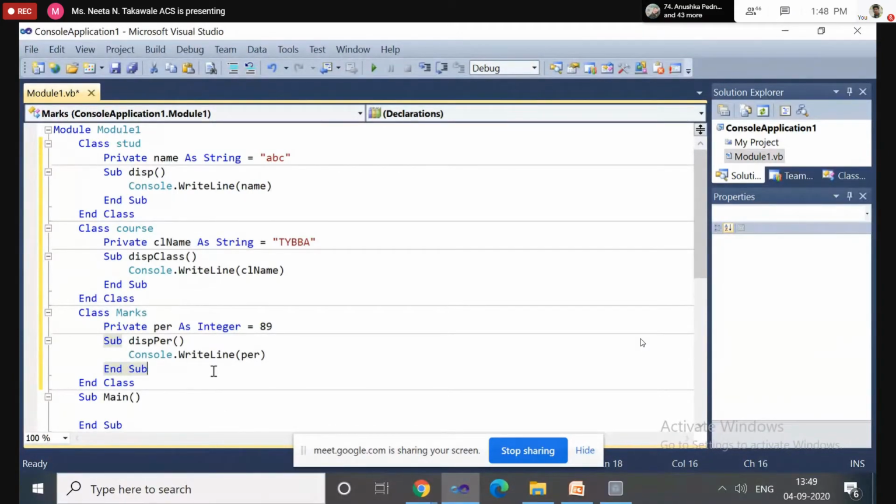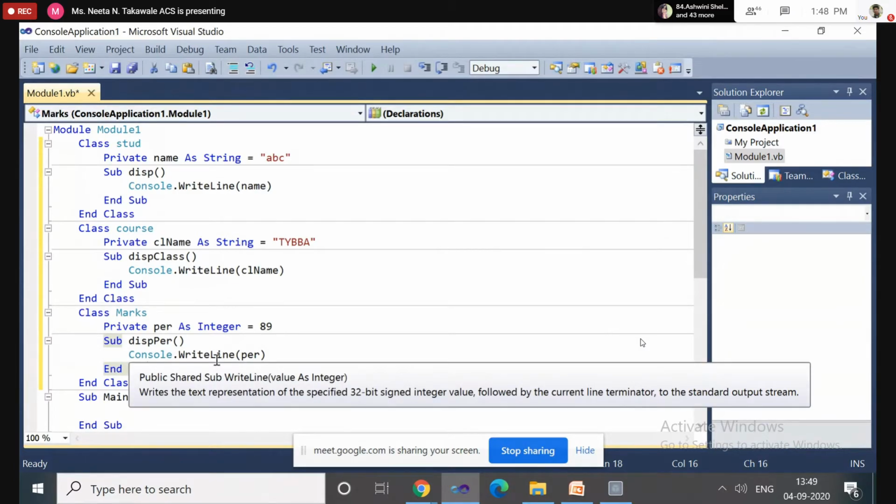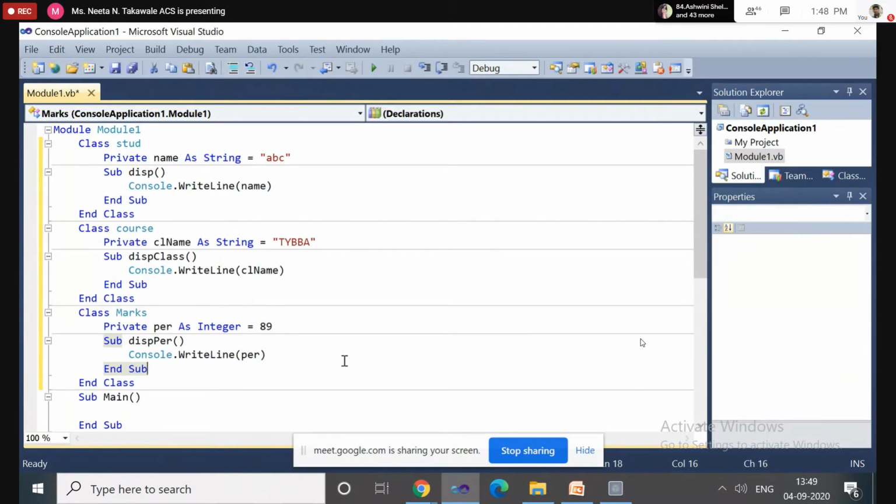So how can I access it? The Marks class should inherit this display method and the display class method. How is it possible? Using inheritance. But which type of inheritance do we need to implement?